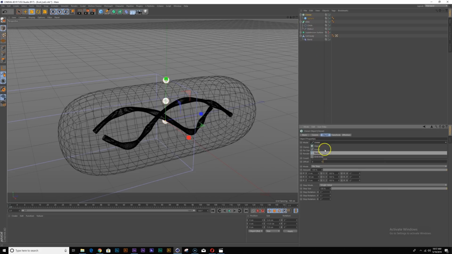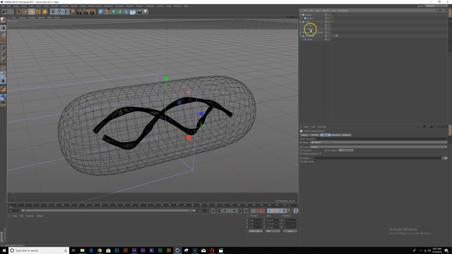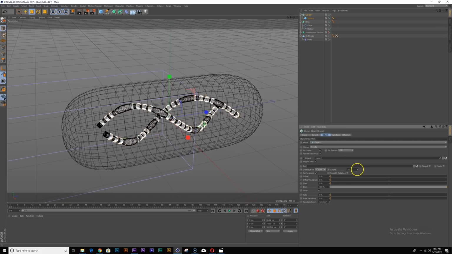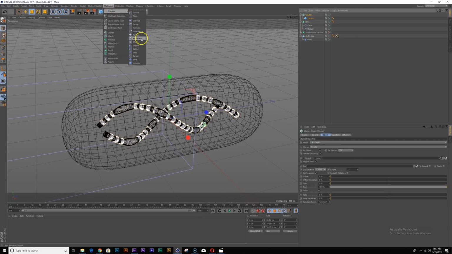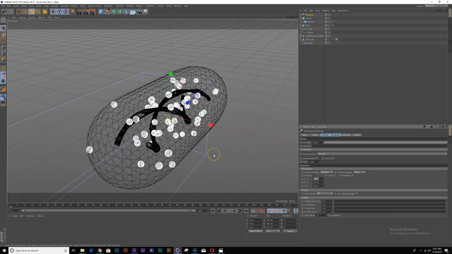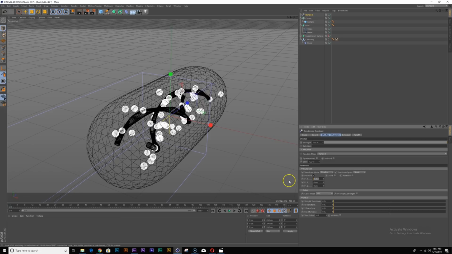Change the mode to object, and let's just reference our helix we made, and check render instances. Let's crank up the amount, and with our cloner object selected, we can go to MoGraph, effectors, and random effector. So this just creates some randomness in the position. You can create randomness in the position, scale, or rotation. So we have position selected.